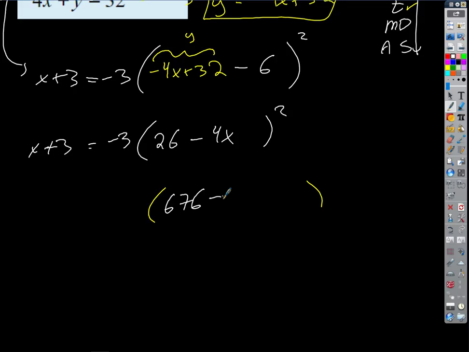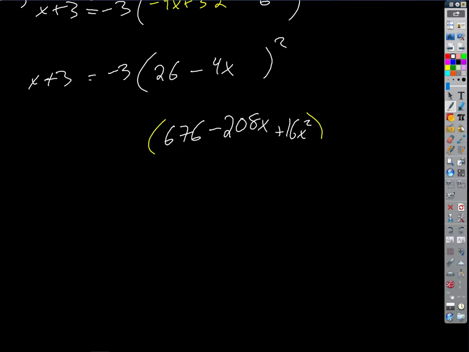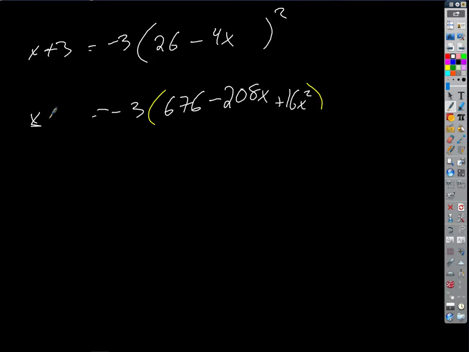104, what's 104 doubled? 208. So 208x, and then finally we get our b squared, which is 16x squared, right? Okay, so we're going to get that. Okay, what's next? Divide the negative